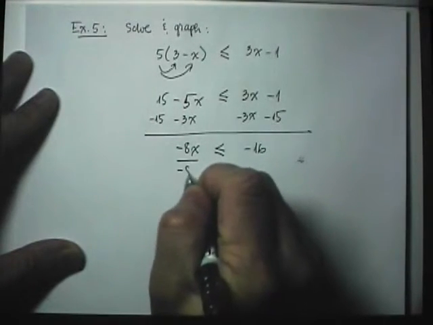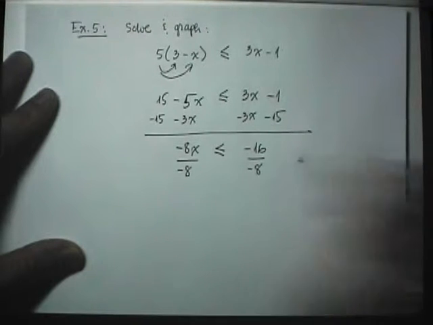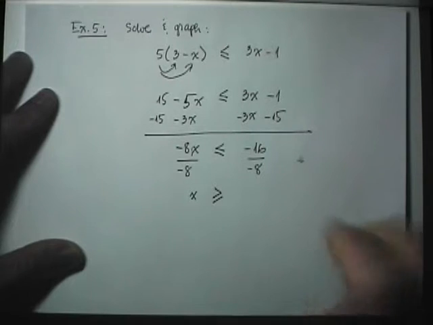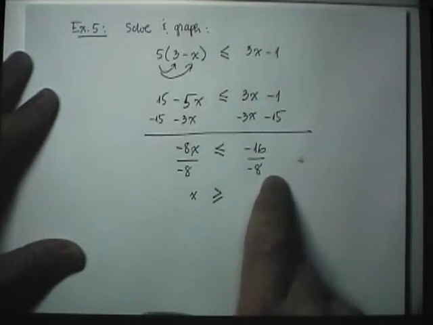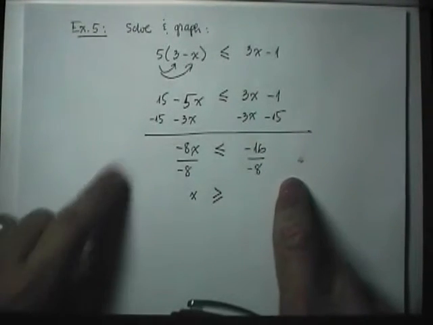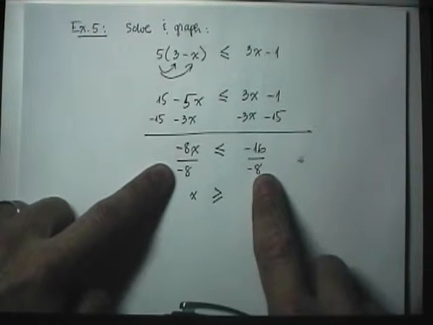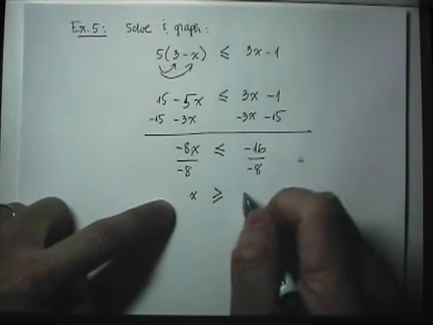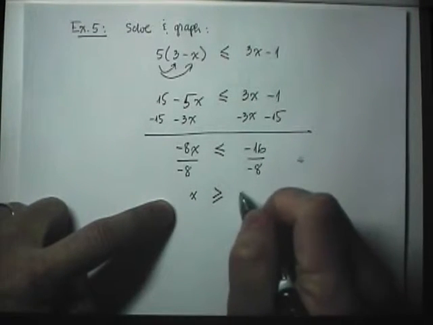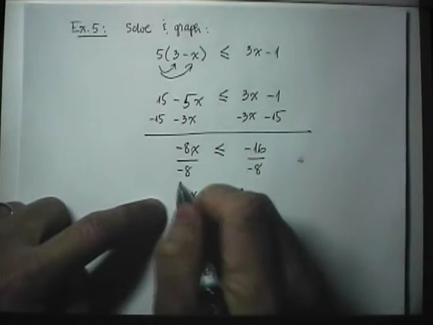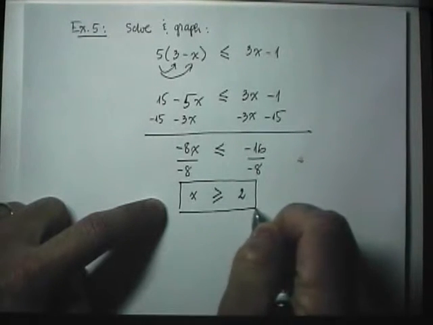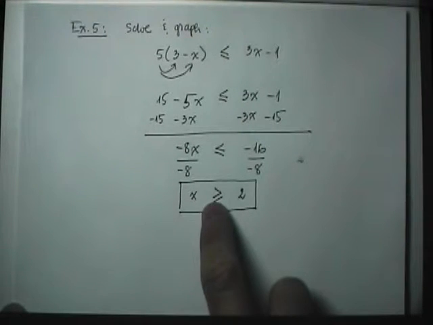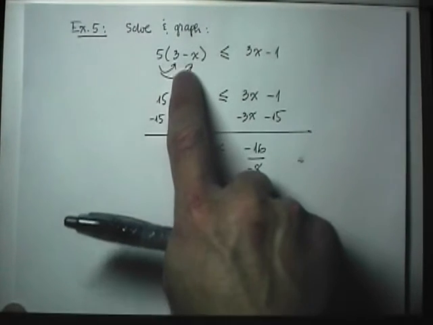Dividing both sides by negative 8, that gets me x greater than or equal to. Once again, the reason being, when you're dividing both sides of an inequality by a negative number just like this, your inequality sign turns around. And here it's become negative 6 divided by negative 8, which is positive 2. So my logical solution is x greater than or equal to 2,